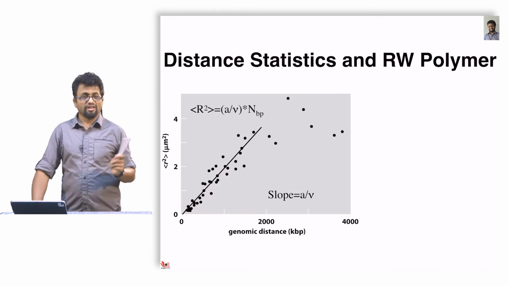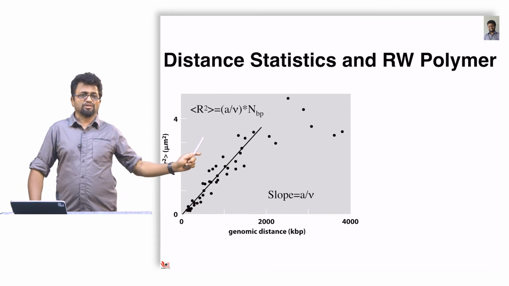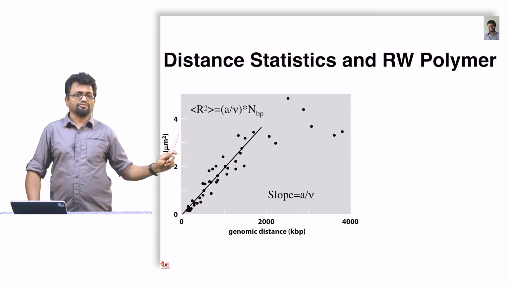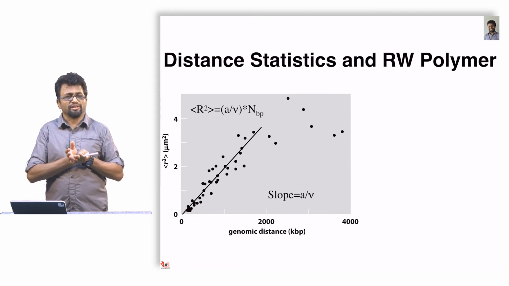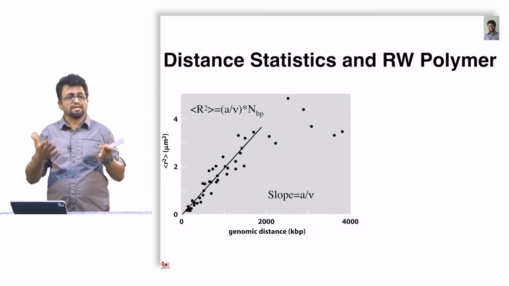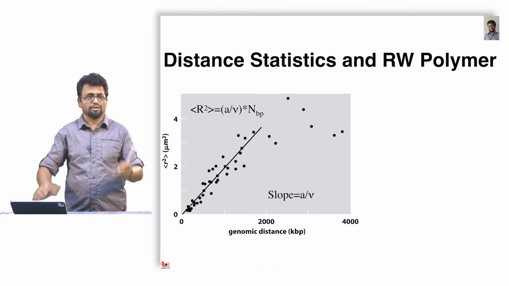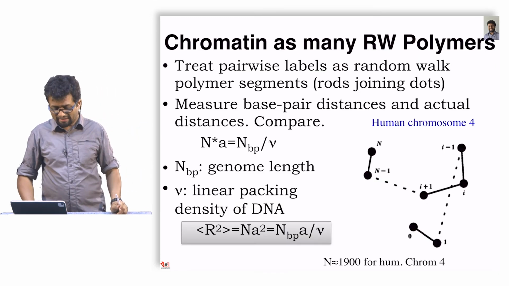So, here we said that at greater than 2000 kilobases, confinement effects take charge, meaning to say that there is a limiting nuclear boundary. So, you can't go beyond it. So, packing must be doing something else. So, something may be going on. And to address that,